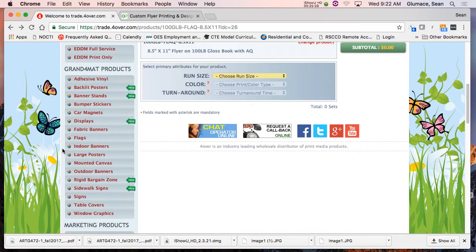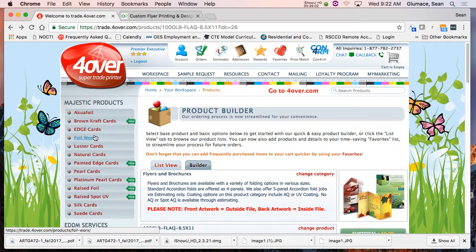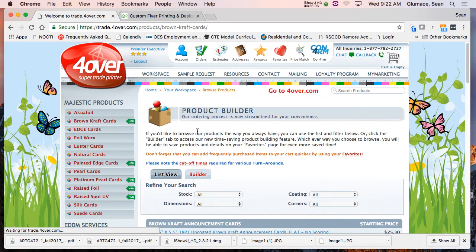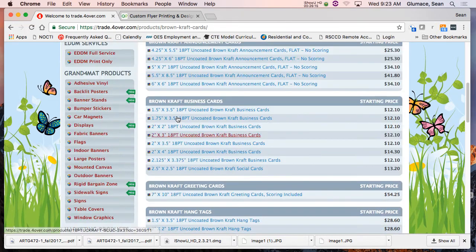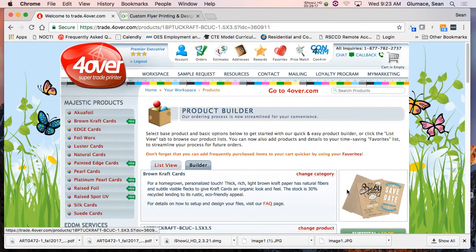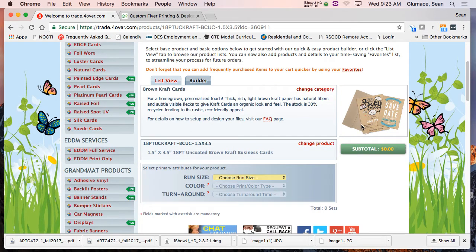So like if I need business cards, this is, let's see. They have some really nice new things for business cards. These brown craft cards. I like them and I almost bought some and I kind of backed off. But they're actually printed on that brown craft paper, the recycled paper. And it's offset, so it looks really nice off of it.